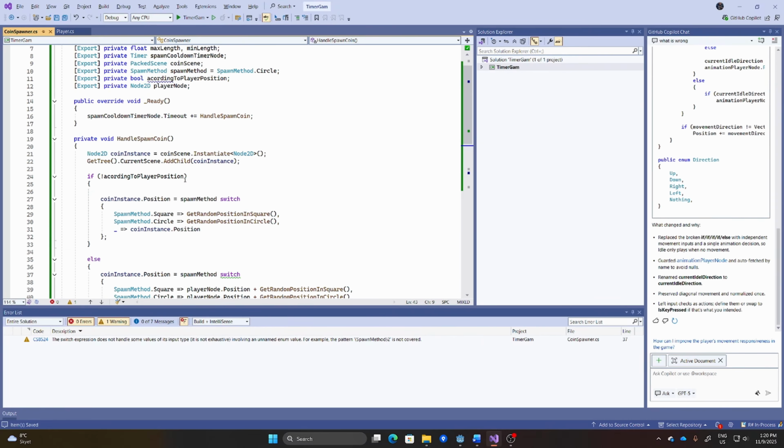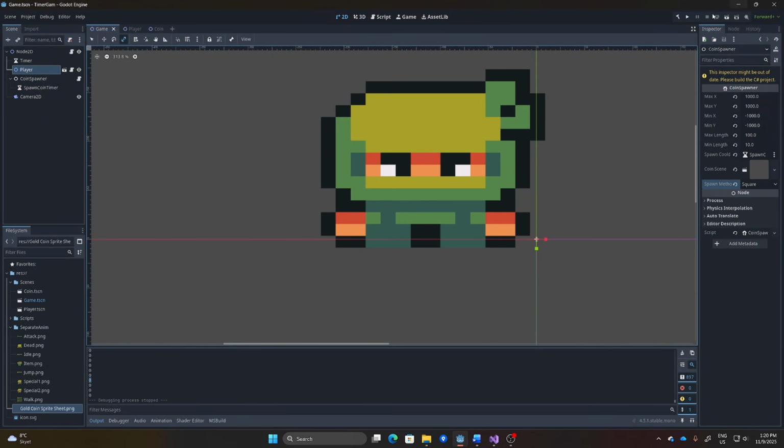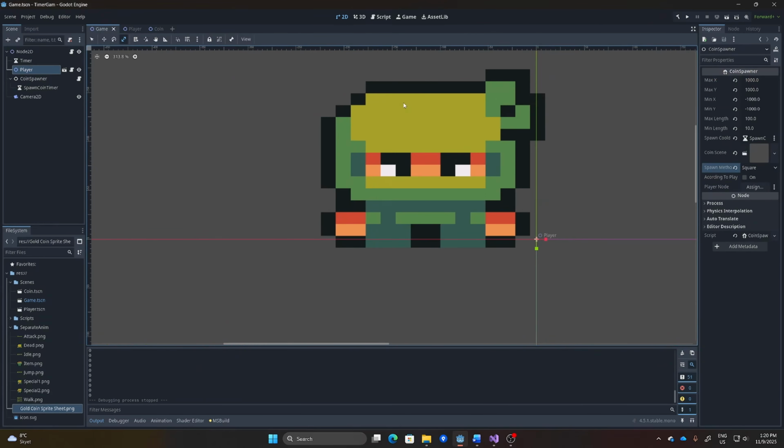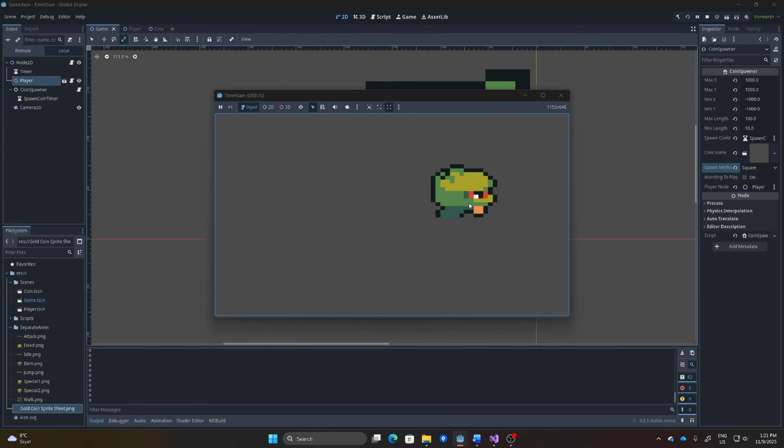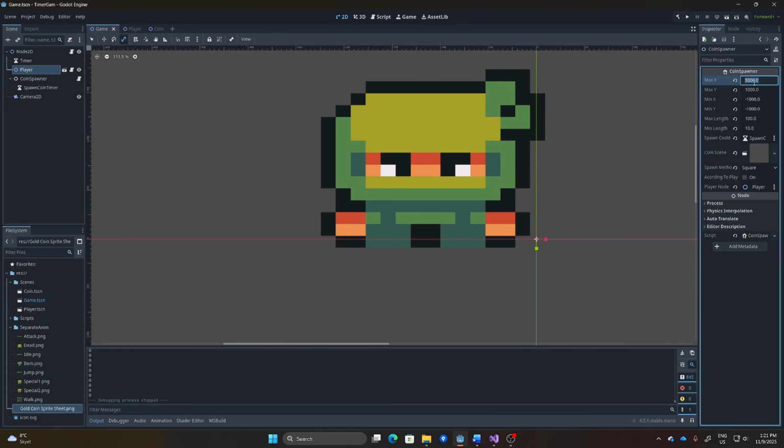And now this should be working. So let's try it out. And let's put it into this node. And here we can assign this to make it according, or we cannot do that if we don't want to. But let's just take this into a bit low, like this. Like I think 50 is perfect for now.